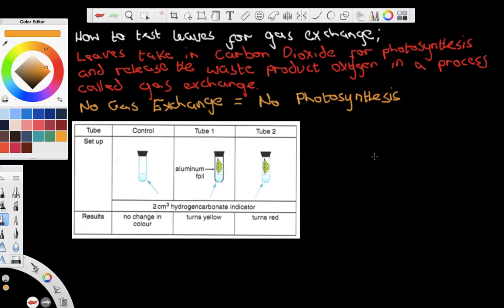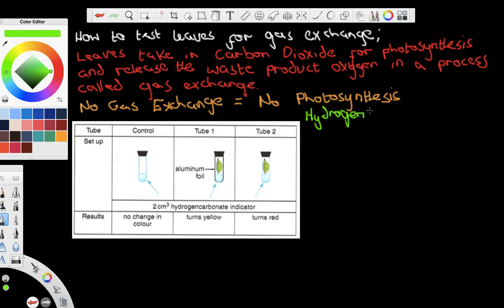Okay? Hydrogen carbonate indicator is an orange solution that turns yellow in acid, in acidic solutions, and turns red in more alkaline solutions. Okay? So we can put hydrogen carbonate indicator,